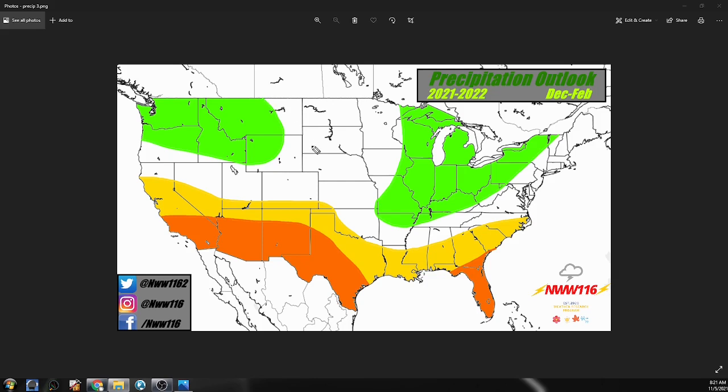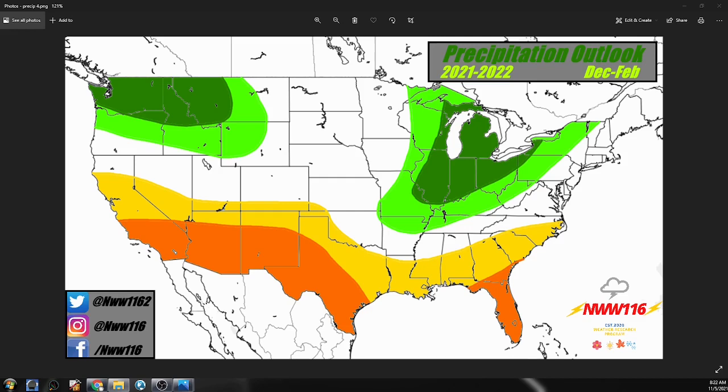Now, with your typical La Nina, we did see more wet conditions across the Northwest, as well as bits of the eastern central part of the country. Like I said, the Midwest moving into the Northeast. So we do have another shade here of the overall above average precipitation outlook, which we'll take a look at right now. Okay, so here's the second and final shade of the overall precipitation outlook.